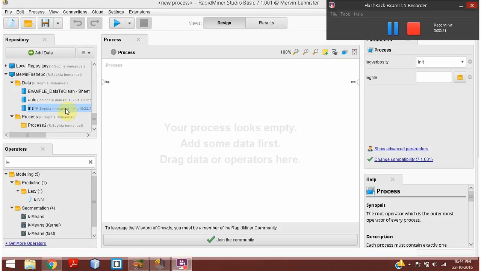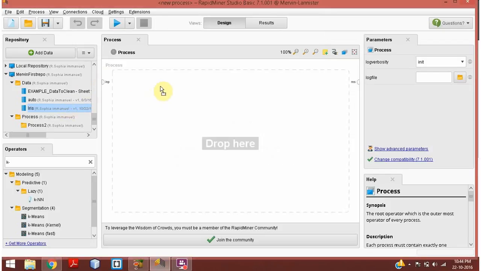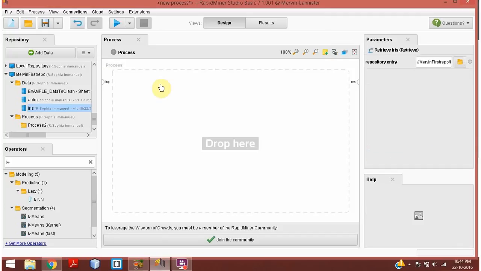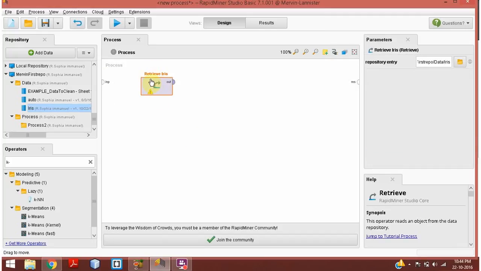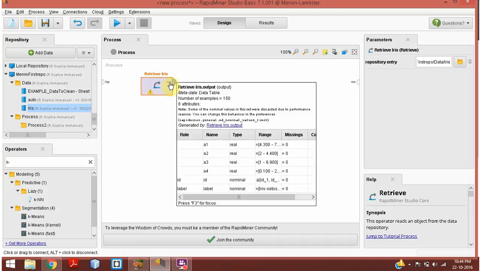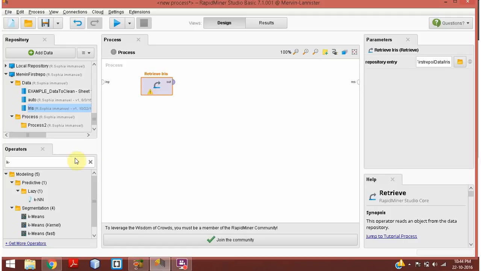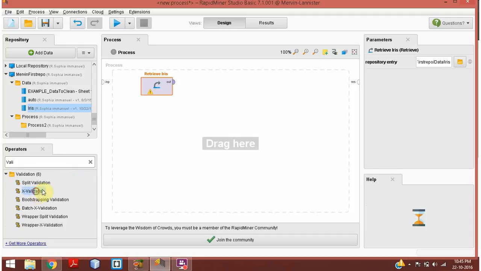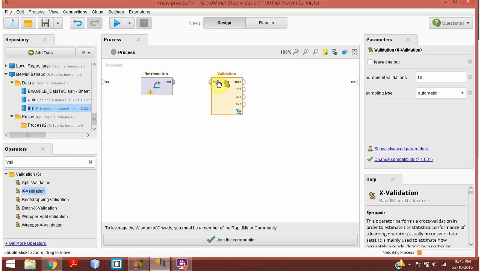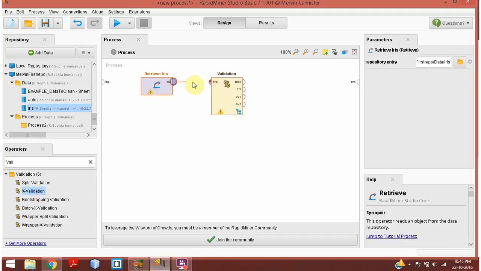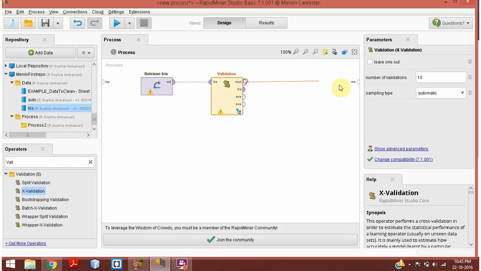So now we have the iris dataset which we're going to be using. So I just drag and drop it here. So this takes up the retrieve iris. So now this is the input and the output which will contain the iris dataset. Now the operator I'm going to be using is called cross validation. So I drag and drop it here, and then we connect the required results